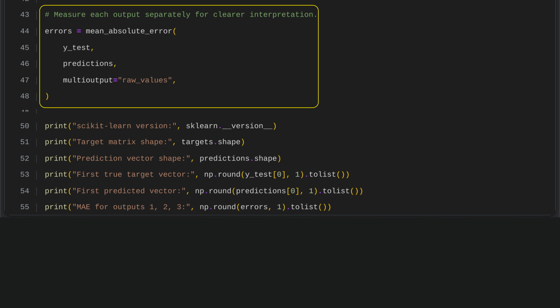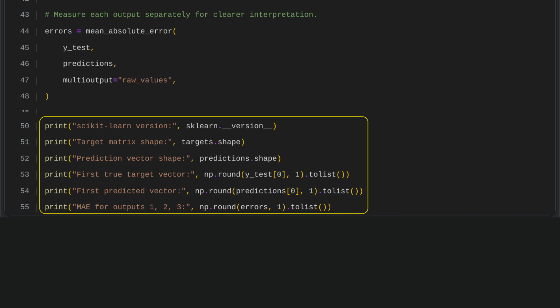Mean absolute error is used to compare the model's predictions with the true target values. By requesting raw values from multiple outputs, we get a separate error for each target. This makes it easier to judge how well the model performs on each output, instead of relying on one combined score. The output checks the Scikit-Learn version for reproducibility,